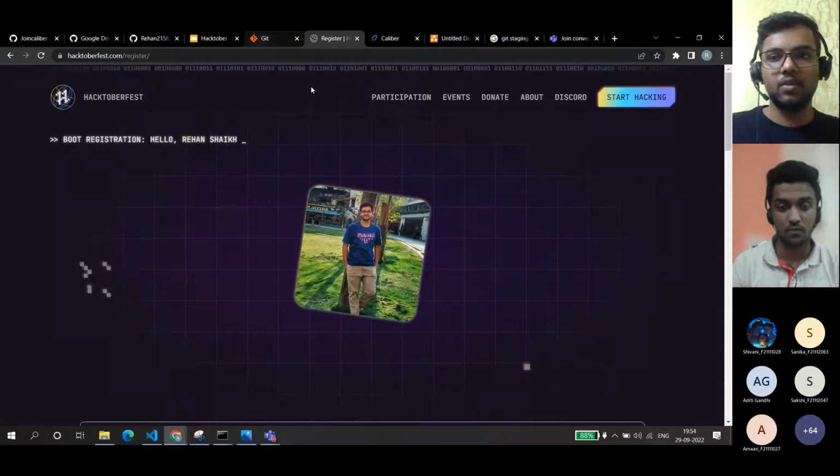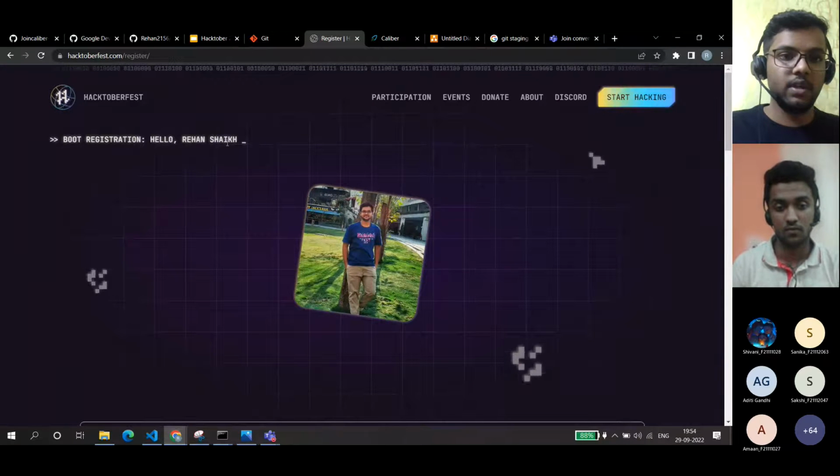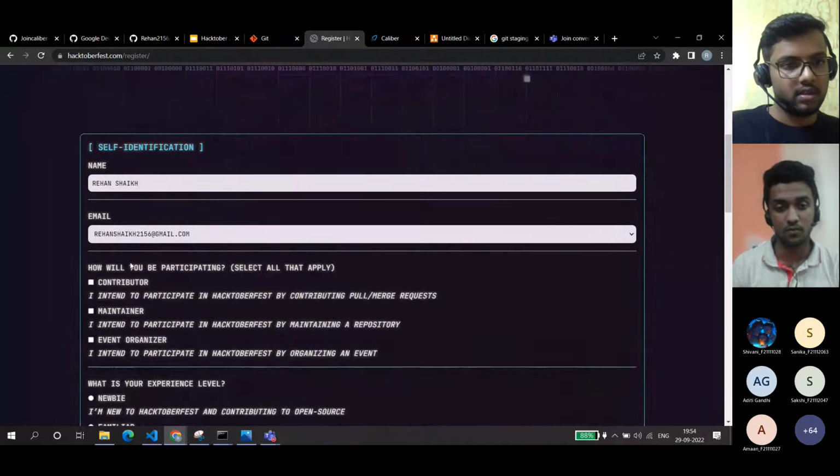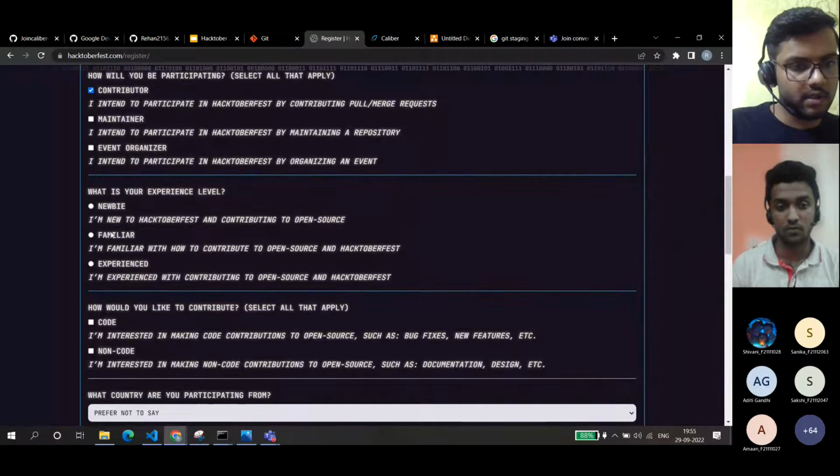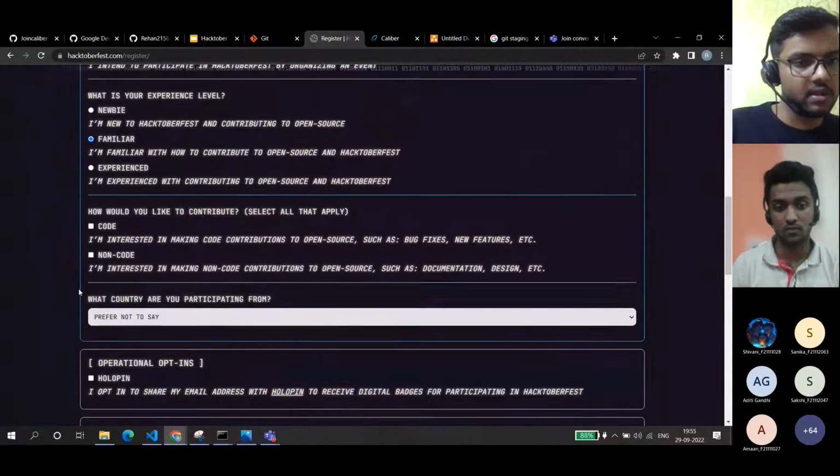Since my GitHub account was already logged in, it took that into consideration, so I didn't need to log in. It shows my name and my email. How will you be participating? I am a contributor. Join Caliber is a maintainer. I'm not a maintainer. What is your experience level? I'm familiar, still not experienced.